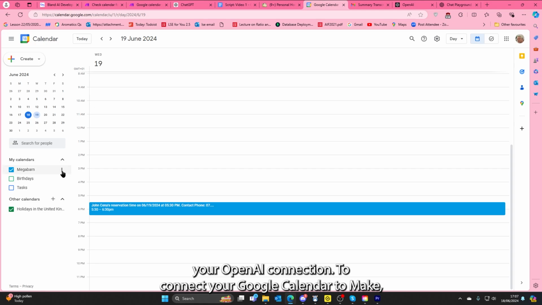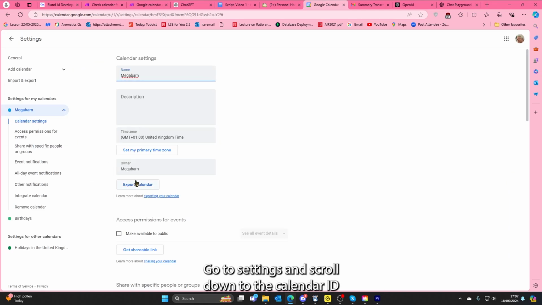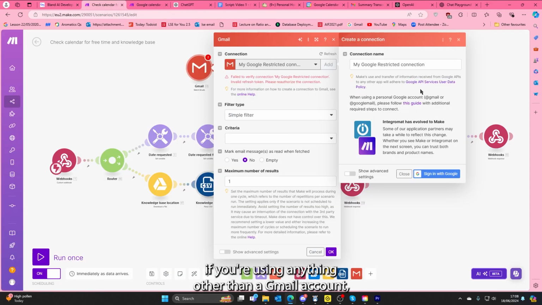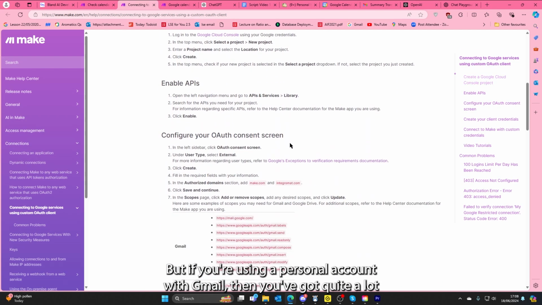To connect your Google Calendar to Make, you're going to want to go to your calendar, press these three dots, go to settings and scroll down to the calendar ID. Then you can use that to connect it to Make. Email gets a bit trickier, right? If you're using anything other than a Gmail account, then it's simple, you just gotta follow the instructions. But if you're using a personal account with at Gmail, then you've got quite a lot of stuff to do,